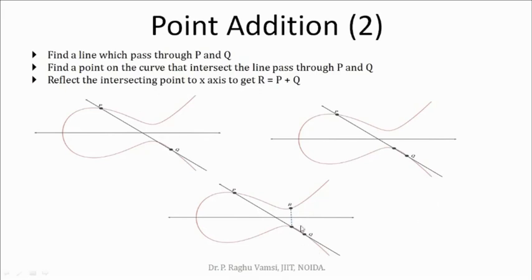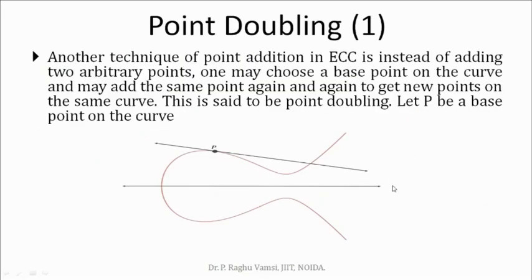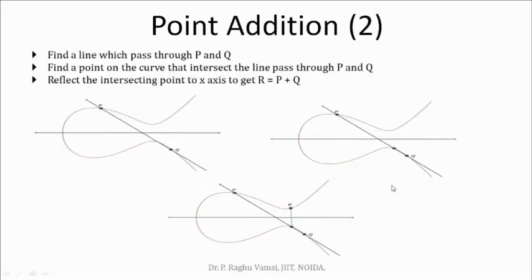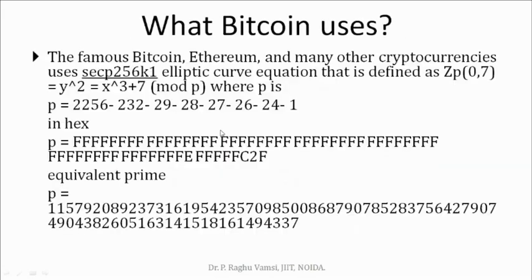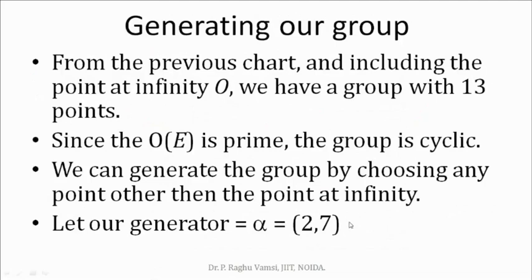Now we'll see how to calculate this R value. Before going to that, the first case is P and Q are different points, and how to add these 2 points. The second case is a user is supplied with a point P, like previously as we have seen here, the user is supplied with 2,7. Now how can we generate multiple points? If 2 points are different, then that is said to be point addition.